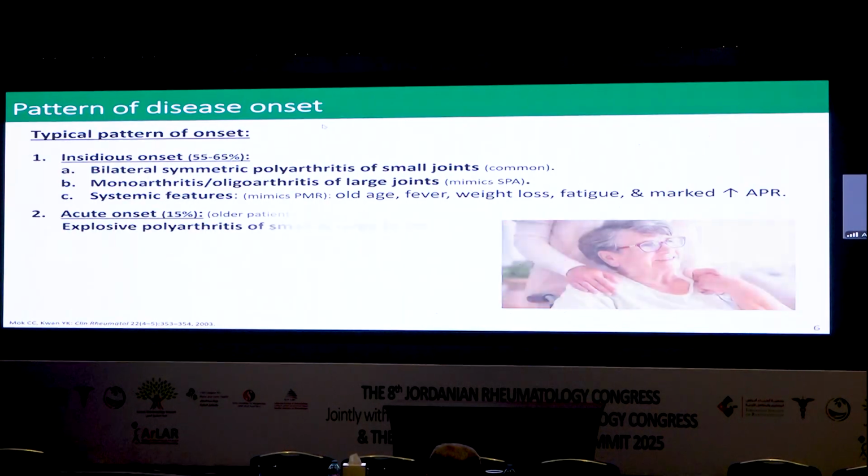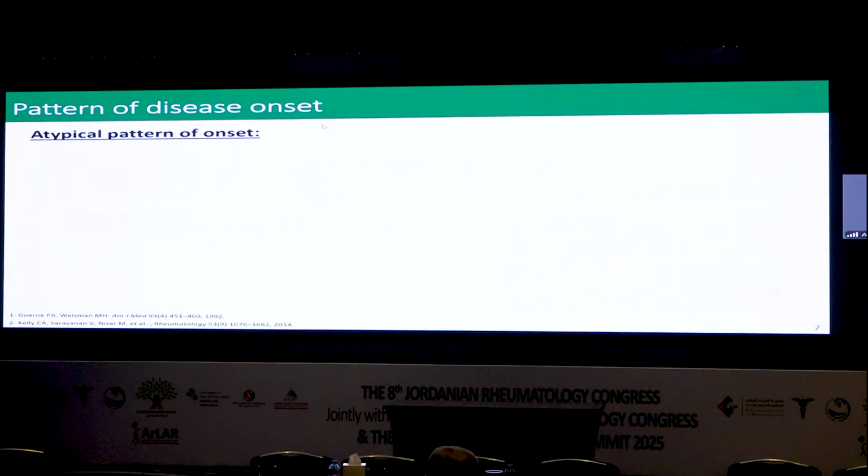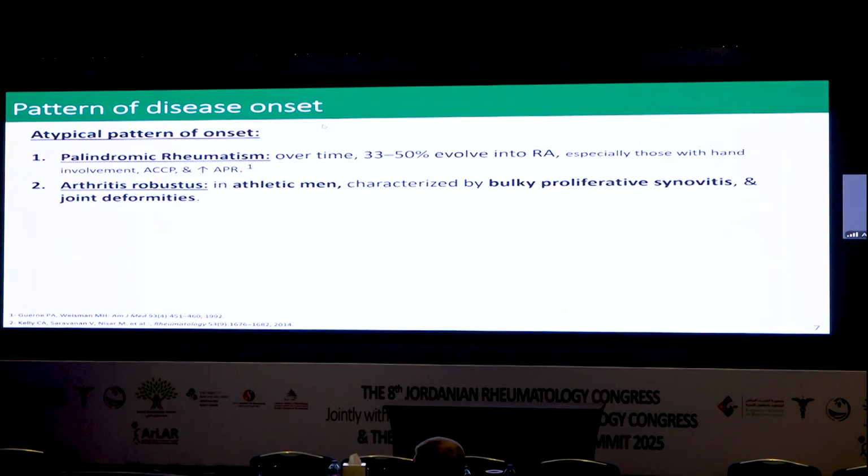Or it may present in 15% with an acute onset, with an explosive polyarthritis of the small and large joints. The atypical pattern of onset usually involves palindromic rheumatism, which is the most common atypical form. Over time, 30-50% of these patients will evolve into rheumatoid arthritis, especially with hand involvement. Or it may present as arthritis in athletic men with a bulky proliferative synovitis and joint deformity, or with an extra-articular manifestation,